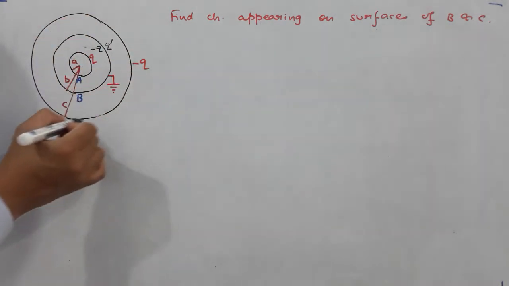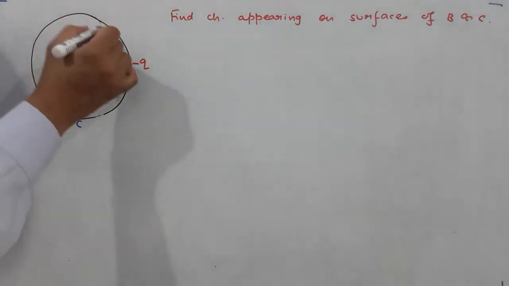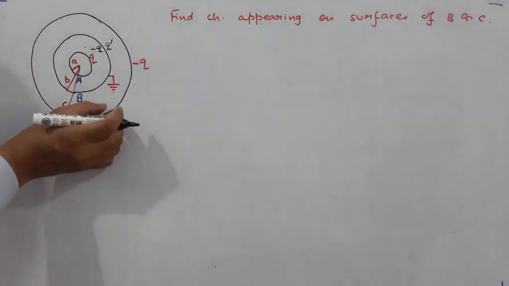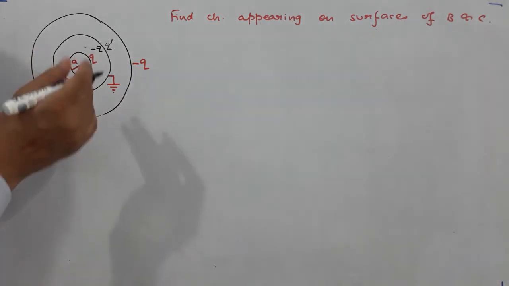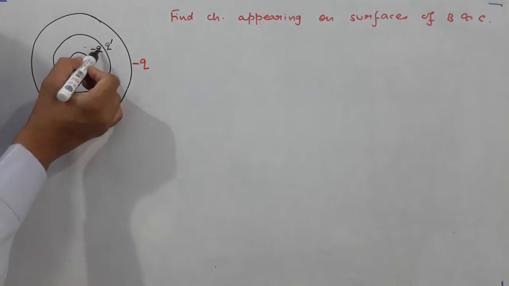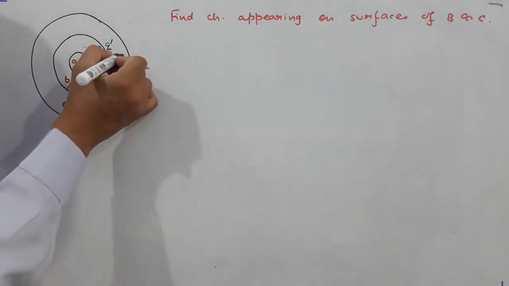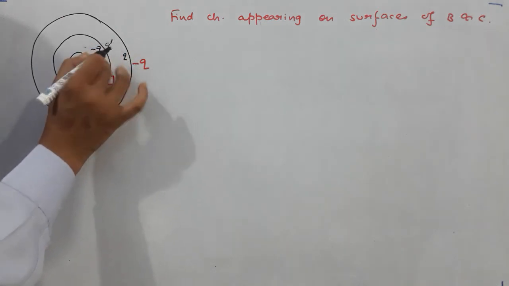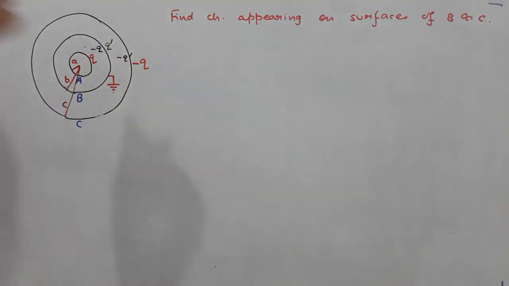If you choose a Gaussian surface in the form of a sphere centered at this point, such that all points of the Gaussian surface lie within this spherical cell C, if you draw it a bit thick in your mind, you can imagine the Gaussian surface through the conductor C. Then Q in must be 0. Same reasoning. If Q in is 0, you see inside that Gaussian surface there are charges Q and minus Q which sum to be 0. The unbalanced charge is Q dash. So for the total charge to be 0, the inner surface of this must develop how much charge? Minus Q dash. I should write it inside.